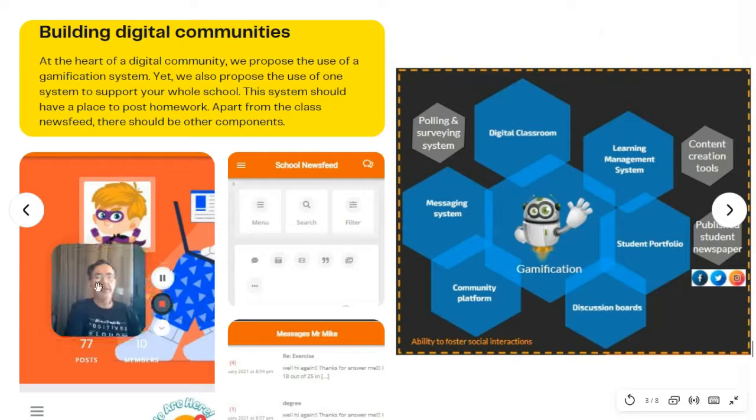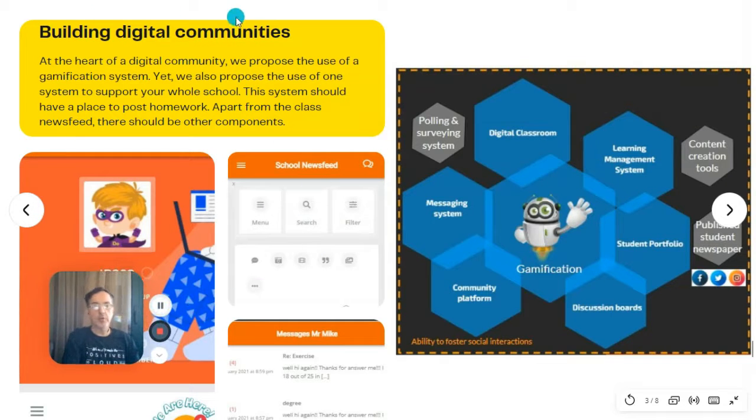So by digital learning community, I mean a system where we continue to upload homework and classwork, so we're going to have a system with digital classrooms. If we're going to have a synchronous video conference platform like Zoom, for hybrid teaching, well, that's going to be a totally different ballgame, isn't it?